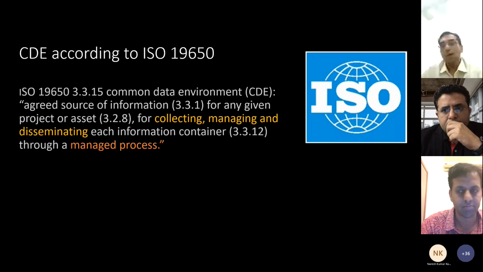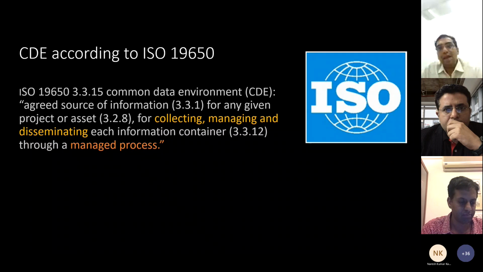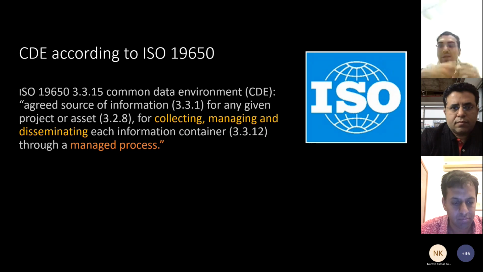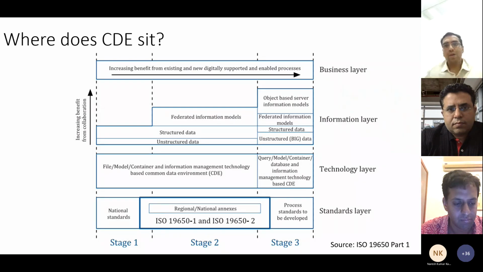So a CDE looks at what is to be collected, managed, and informed to other stakeholders, but it also looks at the managed processes in order to make this information much more viable for all the stakeholders, right? So let me give you another idea about ISO 19650 and where it sits and how CDE becomes pretty core for your entire digitalization process.